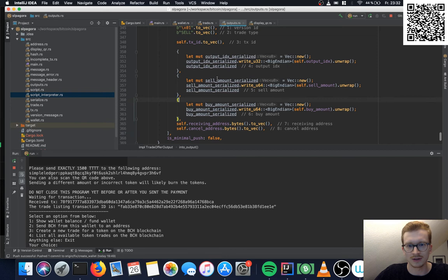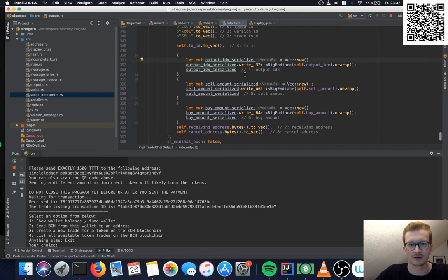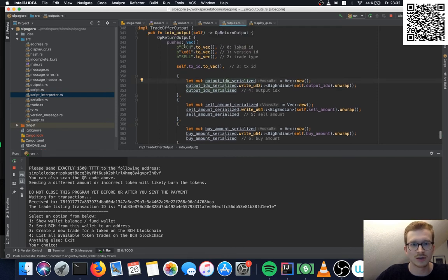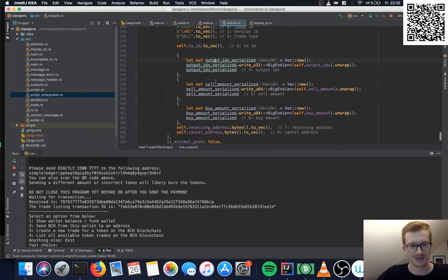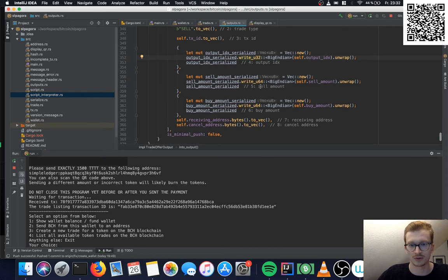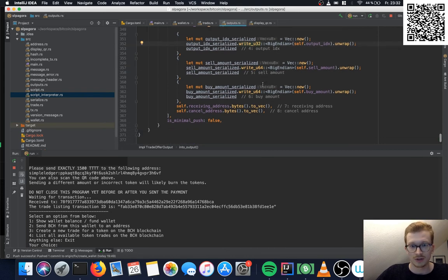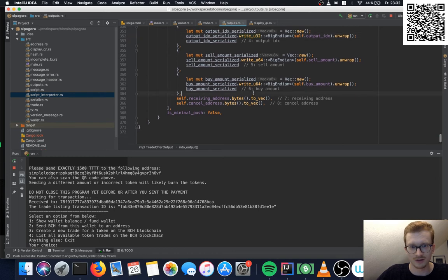Okay, so to rehash: we got the exchange string, the one string, the sell string, then the transaction ID in little endian format. Then we got the output index, the sell amount, and the buy amount right after each other, encoded as big endian numbers, 32 bits for the output and 64 for the amounts.